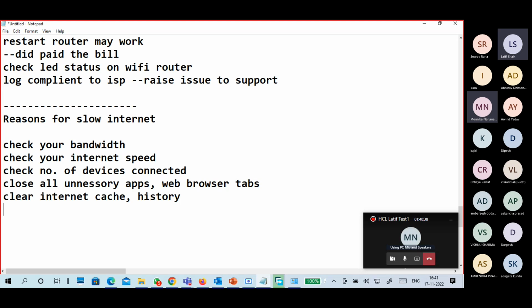Okay, of course, always raise a point with your ISP, that is important.